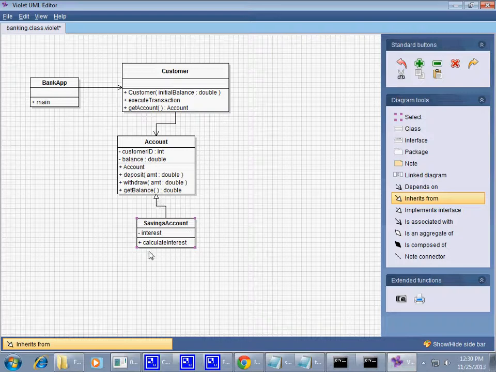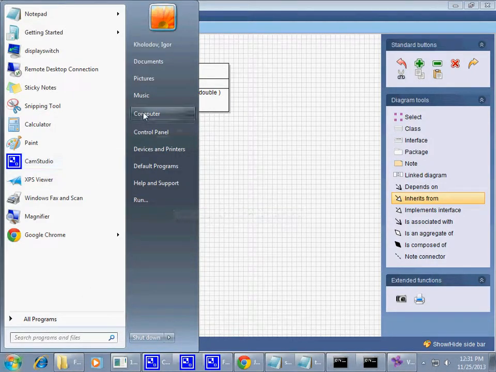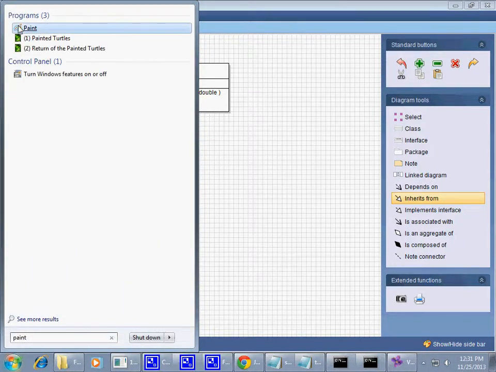This is just the way UML displays things, because we really do write these two classes as two separate classes in our Java code or C++ code or Visual Basic code, anything that you'd like to use for your object-oriented environment. So it's typically written as two separate classes, but then you say savings account extends the account in your code. Whereas at runtime, I just want to make sure that we're absolutely perfectly clear on this. Let me just go to Paint. Just a quick demonstration